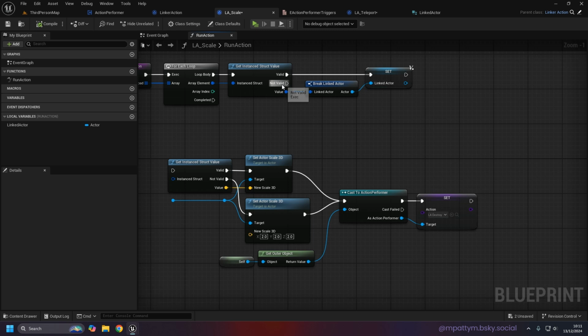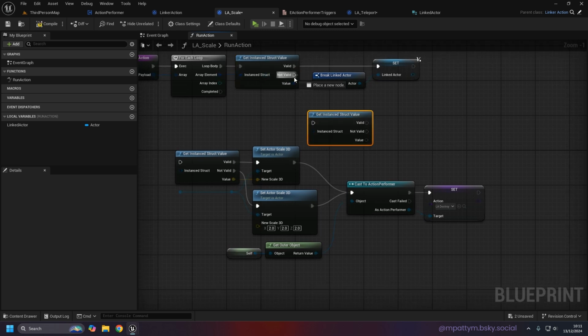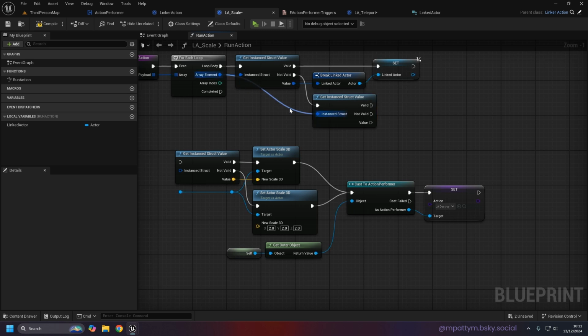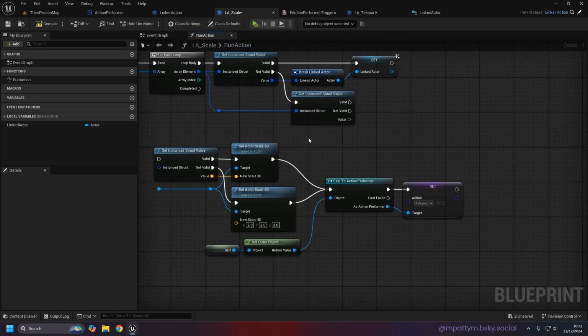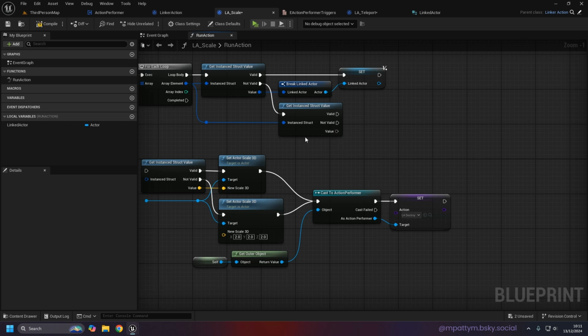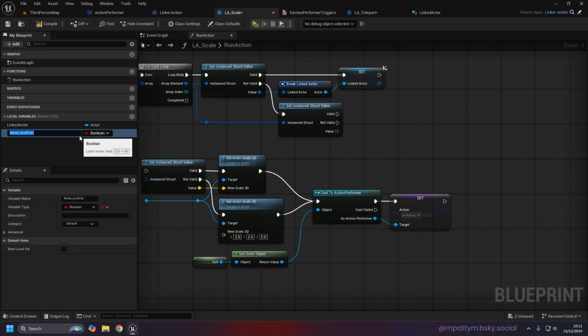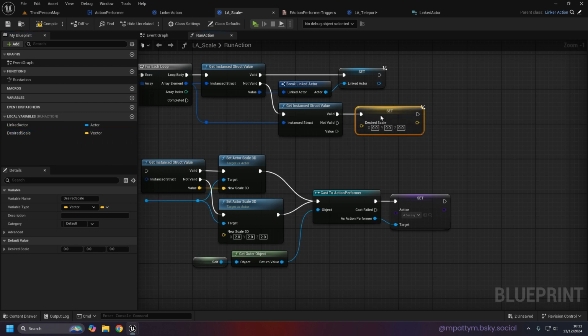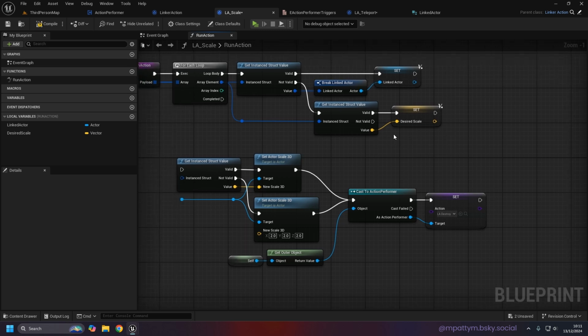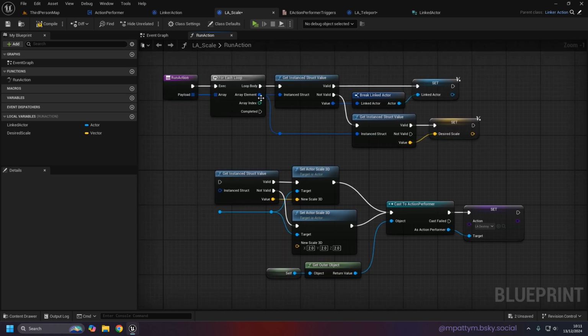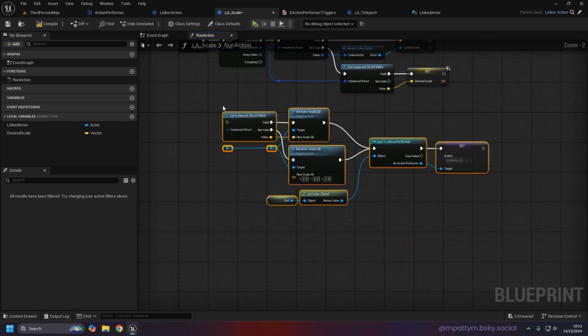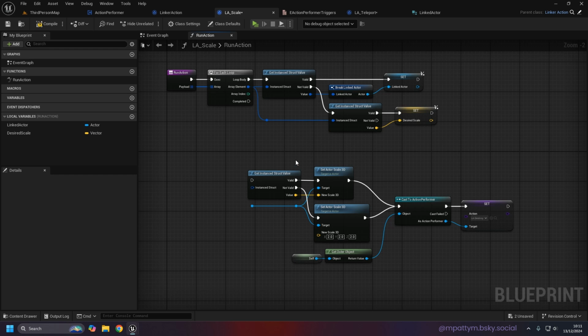Now if we've gone through and it's not the specific one, we can then go ahead and do another check. So in this case, we want to do it as a scale, sorry, a vector. So we'll put that as desired scale, and that's going to be of the type vector. And just like so. So what we've done at this particular point is when we call that run action, we're going through and essentially extracting the data from the array that's passed through and organising it. This means that when we then come to actually doing what we want,